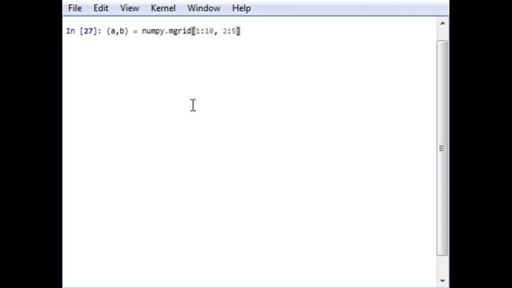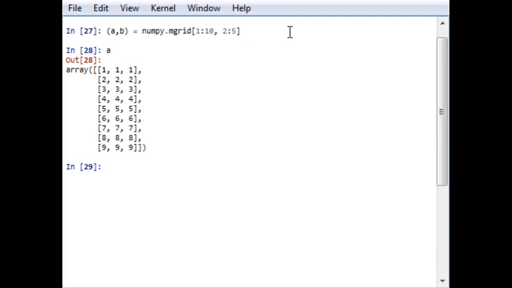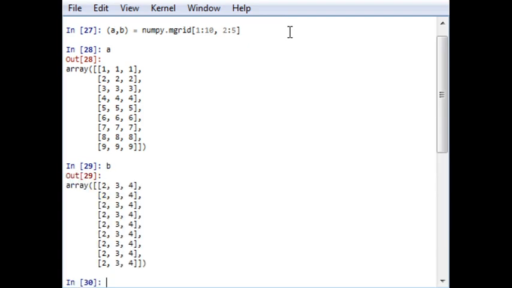It will construct a grid where the x-axis has points from 1 to 10 and the y-axis has points from 2 to 5. So it will construct a multi-dimensional mesh grid, and let's see what the output will be. A will be 1 to 9, B will be 2 to 4. It excludes the endpoint here.